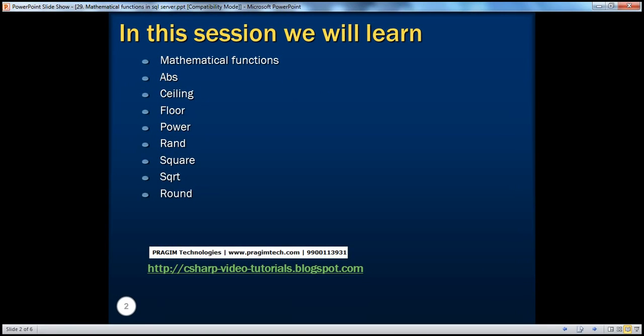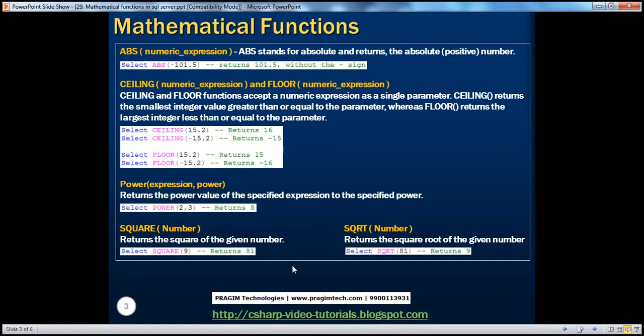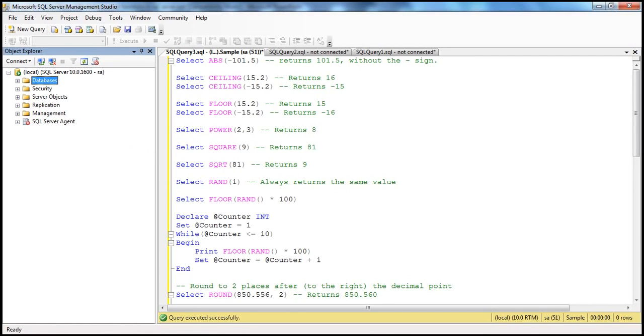In this session, we'll learn about all the mathematical functions that are available in SQL Server. We'll be looking at all these functions that you can see on the slide. Now, in order to find out what are the different functions that are available in SQL Server, go into Object